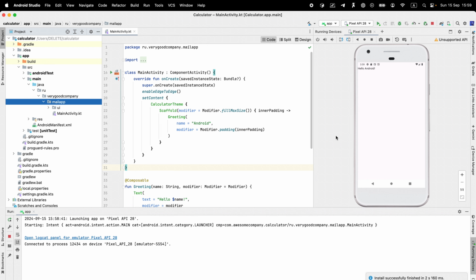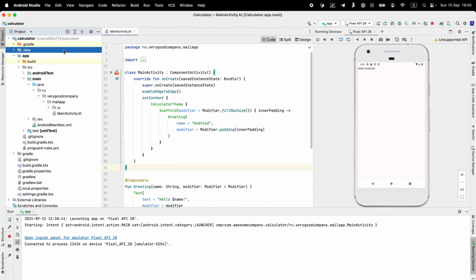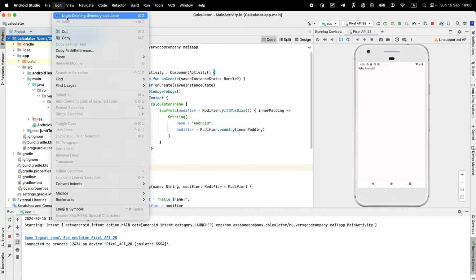Before you run the app, there are also a couple of things to keep in mind. For example, Room schema generation. It depends on package structure and you need to rename it manually. For that, you just click on the root directory, Edit,